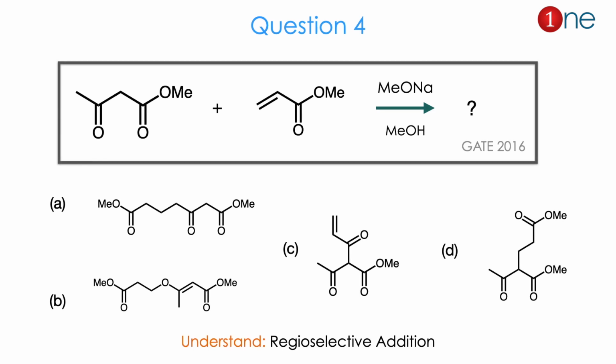Then question number 4. The starting material is a diketone with an ester on the other side. You are adding an alpha, beta unsaturated carbonyl which also has an ester. You are heating it with MeONa and MeOH, and they ask you to find the product. The products are mostly about how the carbon-carbon attachment happens, whether the attachment happens at the carbonyl, or near the carbonyl, or at the alpha or the beta. So there are 4 possibilities: CC bond formation as well as CO bond formation. From the reactant to the product you might guess regioselective addition happens here. The answer is D. Let us see how.